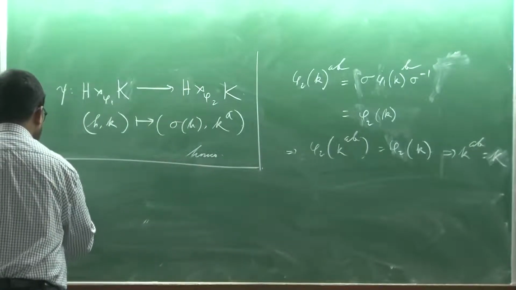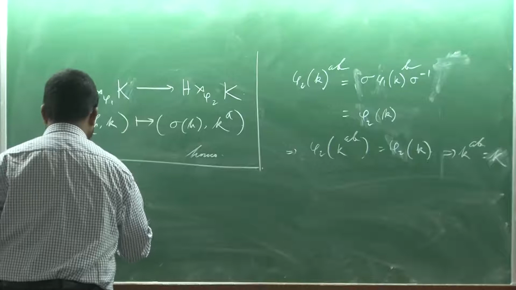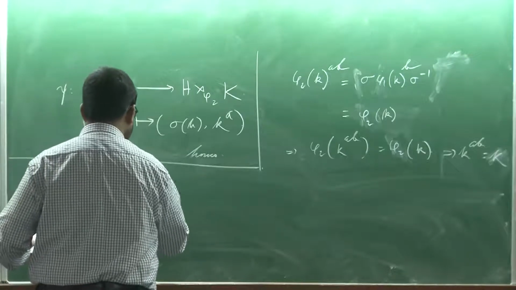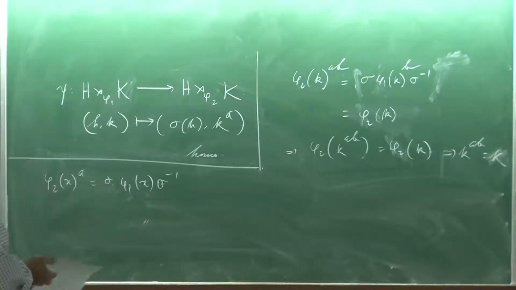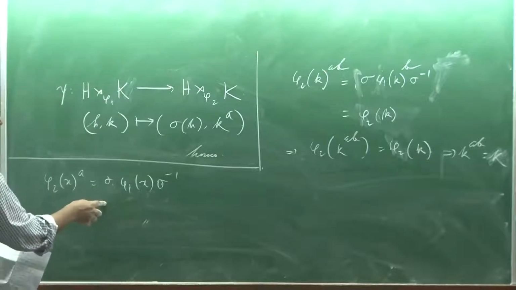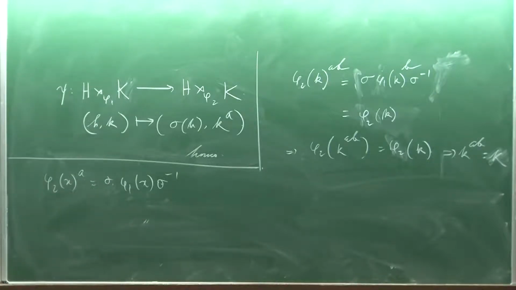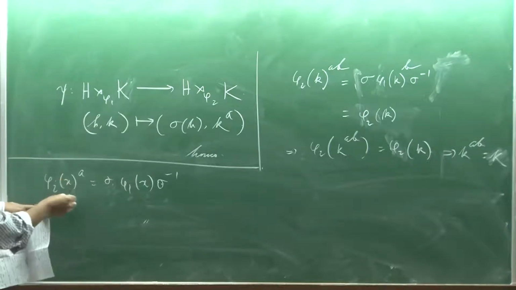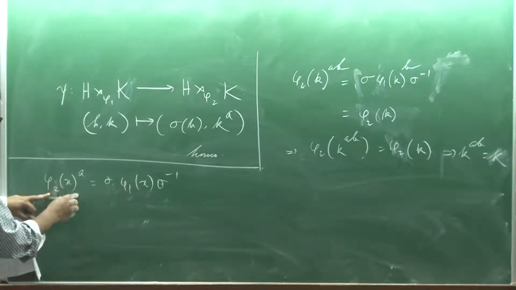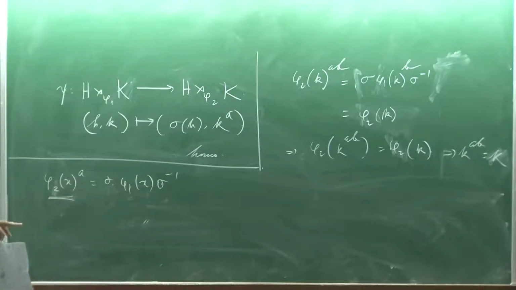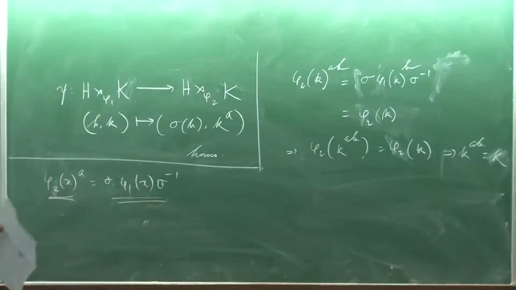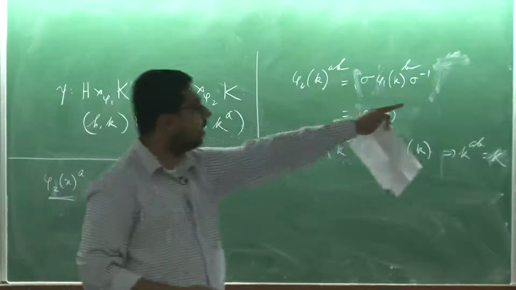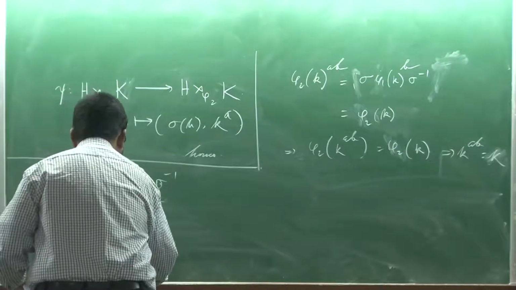Because you see that phi 2 x to the power A is phi 1 sigma phi 1 x sigma inverse. Okay. So, phi 1 x is a generator of phi 1 k. Once we conjugate that by sigma, it will be a generator of phi 2 k, and this phi 2 x is also a generator of phi 2 k. So, phi 2 x and this quantity both are generators of the same group phi 2 k, and that group has order m. So, therefore, only we can assure GCD of A and M will be 1,